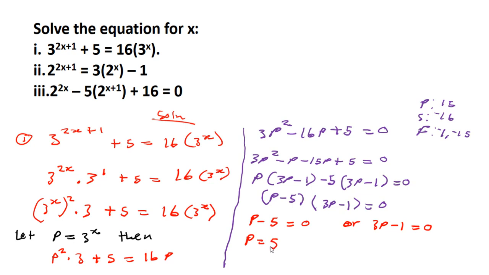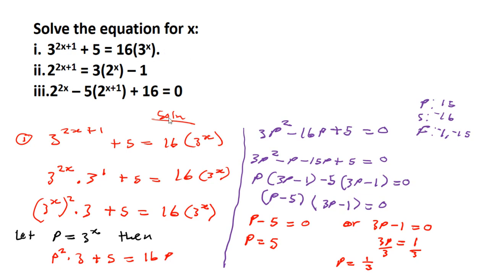In this case, p is 5, and then 3p is equal to 1. Then you divide throughout by 3, and you simply have p is equal to 1 over 3. So this is the other solution for p. But remember what we are looking for. We are looking for